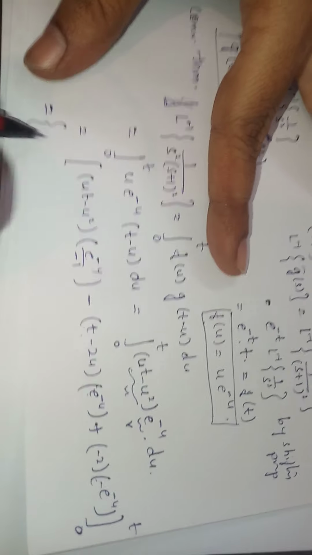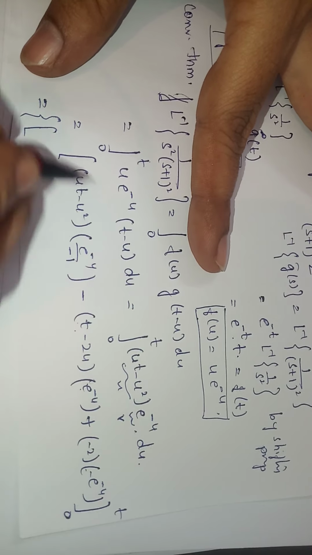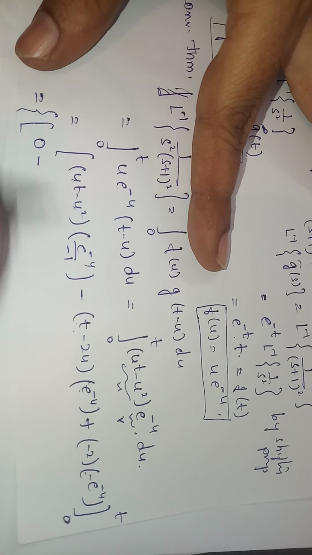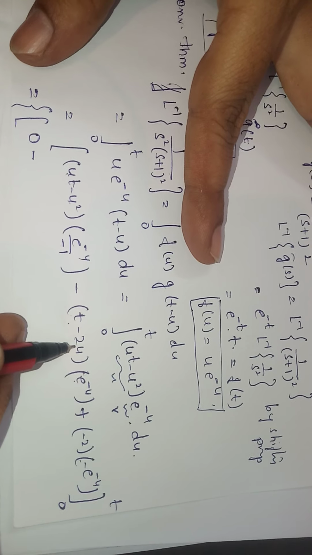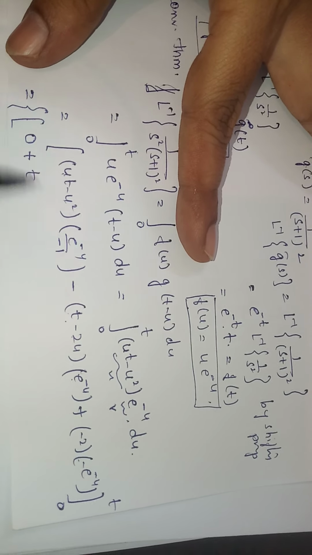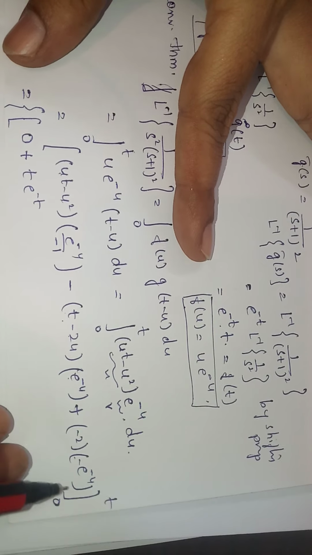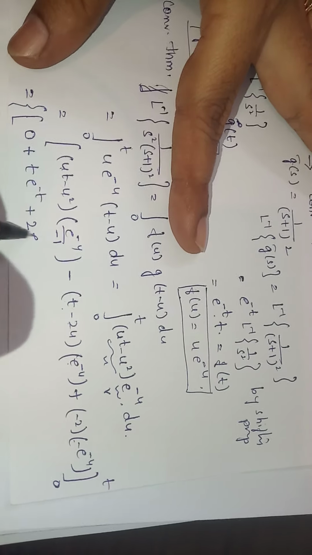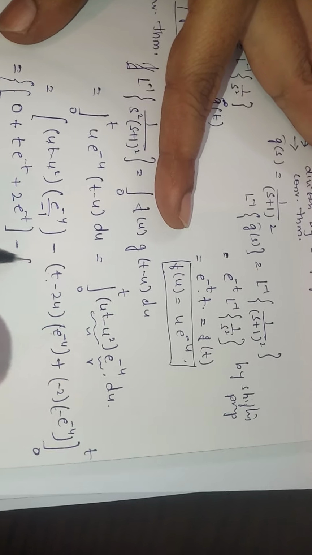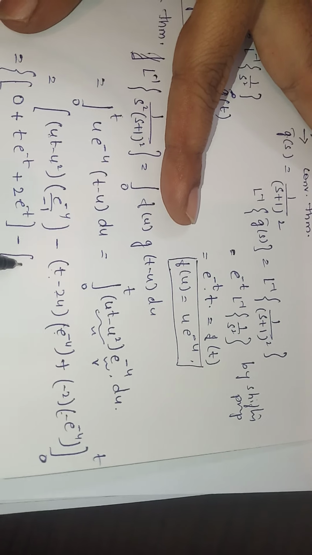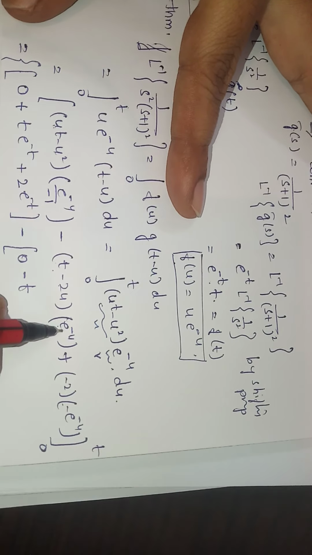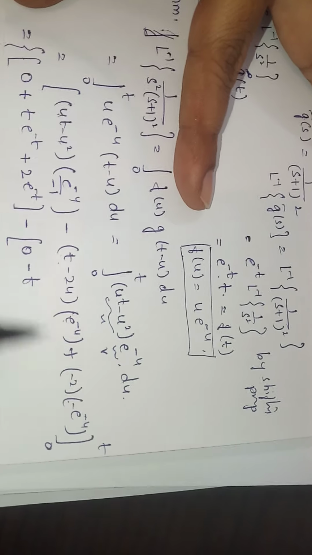Now apply the limits. First, upper limit: in place of u, you have to apply t. It will be t square minus t square, so it is 0 here, minus, third will be t minus 2t, that is minus t, with this minus becomes plus t e to the power minus t. Next term becomes positive plus 2 into e to the power minus t. This is your upper limit minus the lower limit. Lower limit is here 0. Here it is 0, so it will be only t minus t. E to the power minus 0 is 1. Here it will be minus 2.